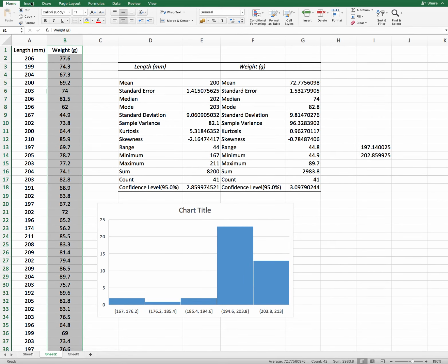It is almost moderate, around 0.5, and 0.5 means moderate. We have minus 0.78, so it's moderate to highly left skewed. In terms of kurtosis, the value is close to 1, so there is not much peakedness, and the data is almost normally distributed. Not exactly, but the pattern is almost normally distributed.